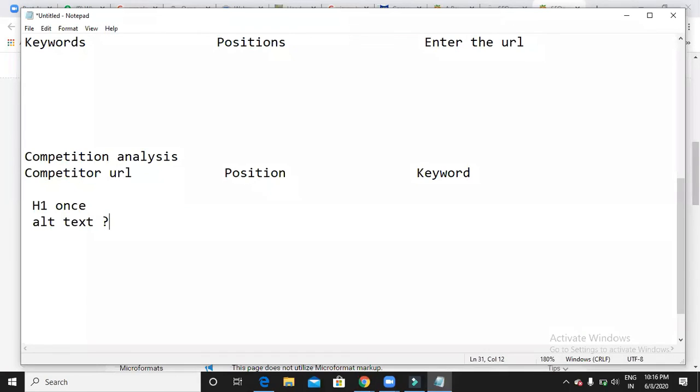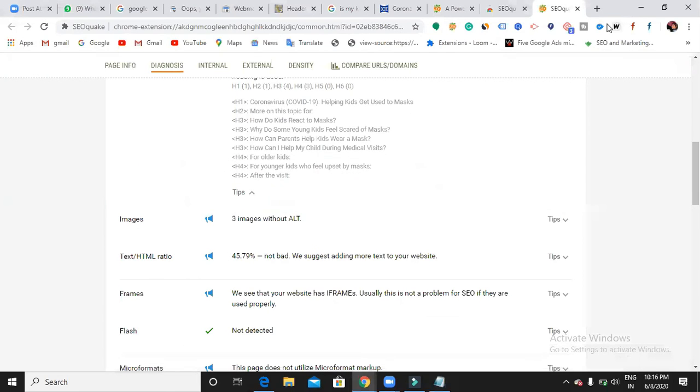To optimize images. Yeah, that's what I asked you. So in order to optimize my images, I try using some alternative text to make Google understand what my image is all about. Am I right? So here, whatever image you use in your website, either in the blog or in the pages, I want you to definitely have alternative text for each and every image. But here, can you see now? 3 images without alt. That is why it is showing you a warning symbol as well. That means this page consists of 3 images without alternative text. Okay, it is a warning.